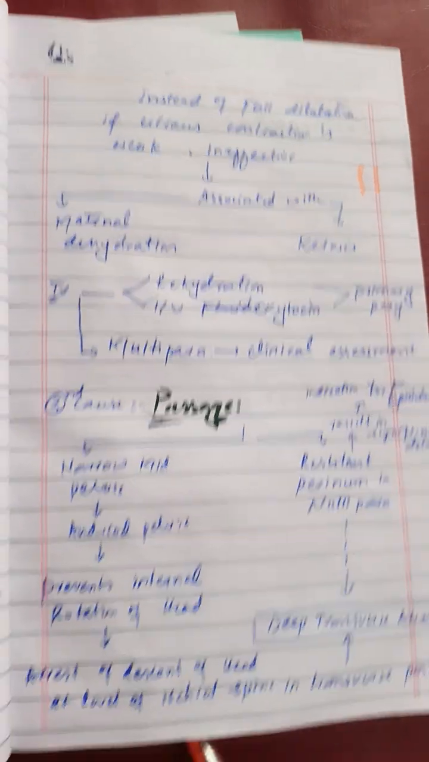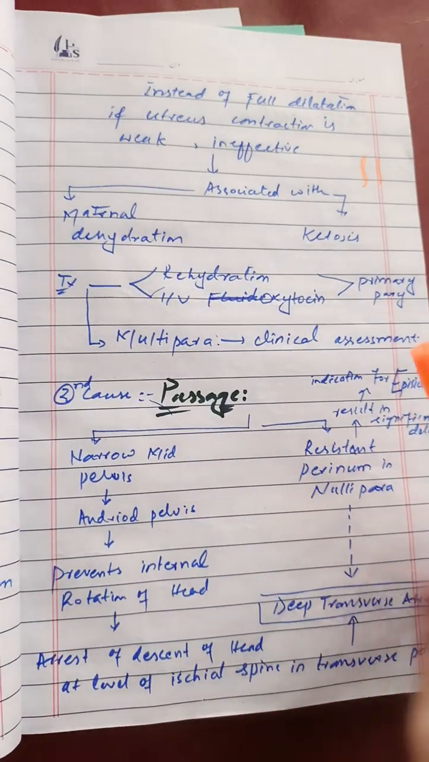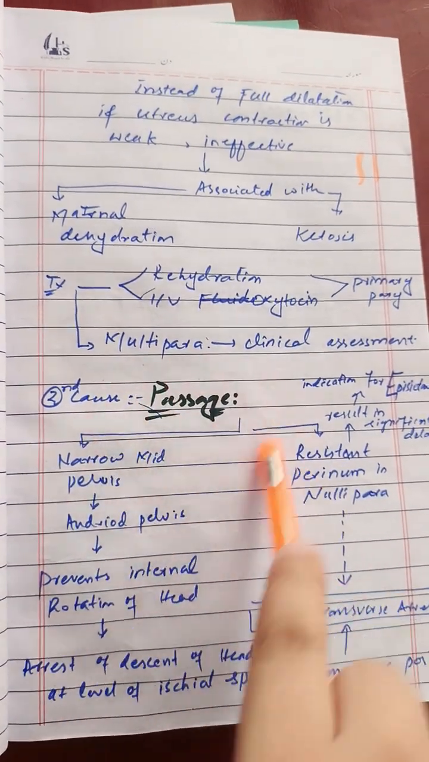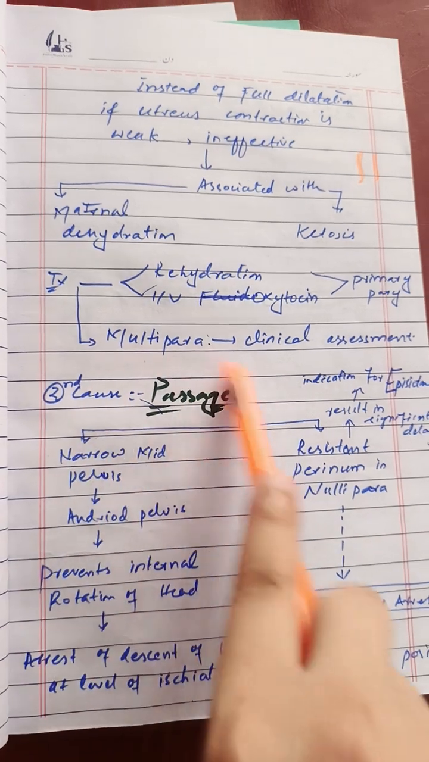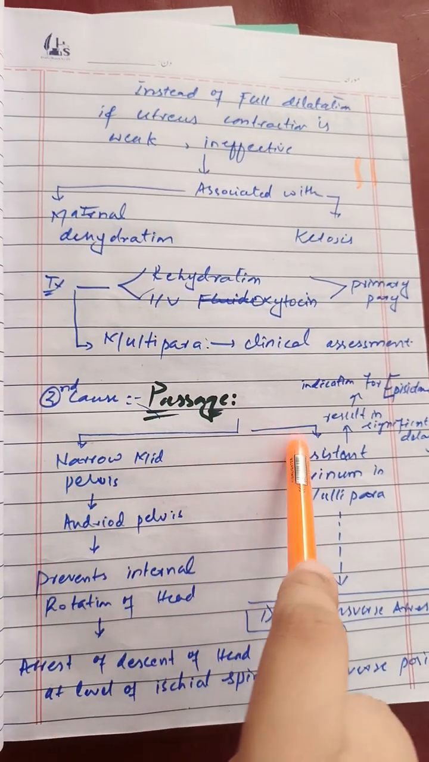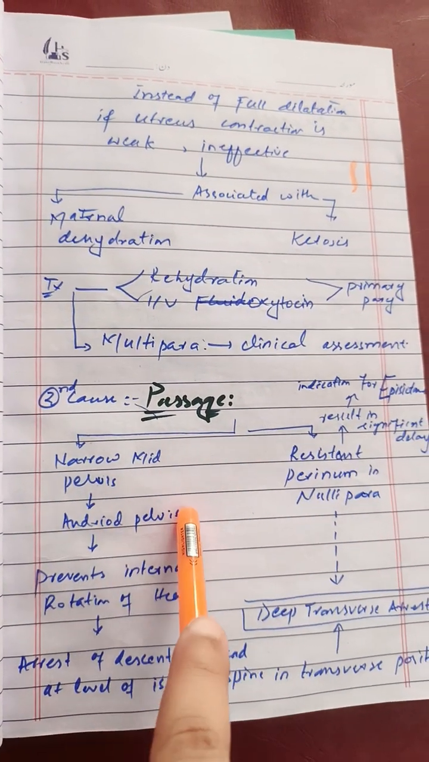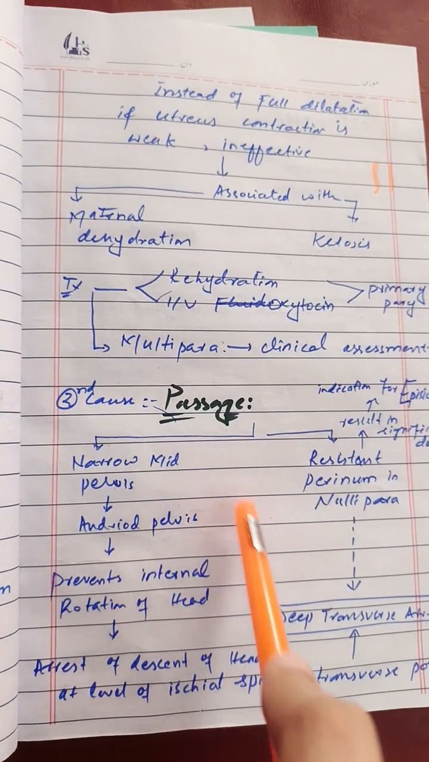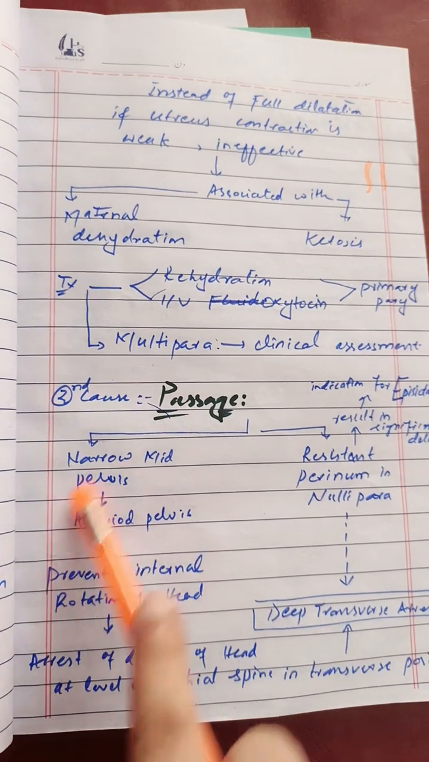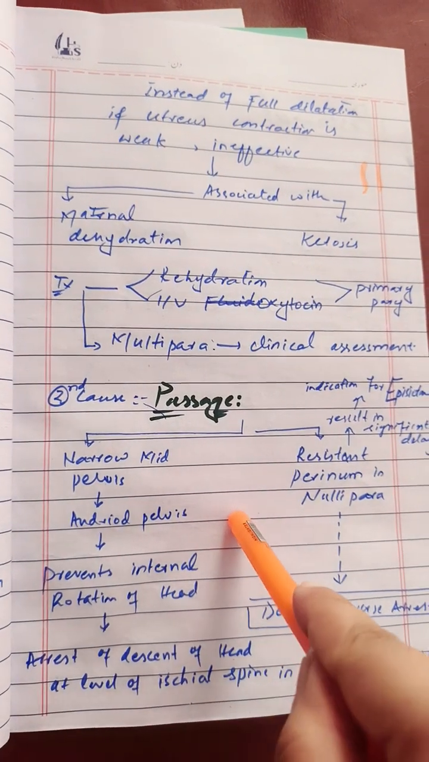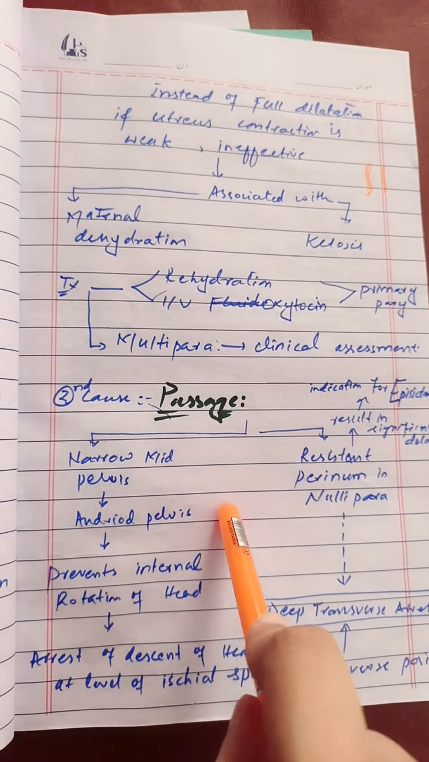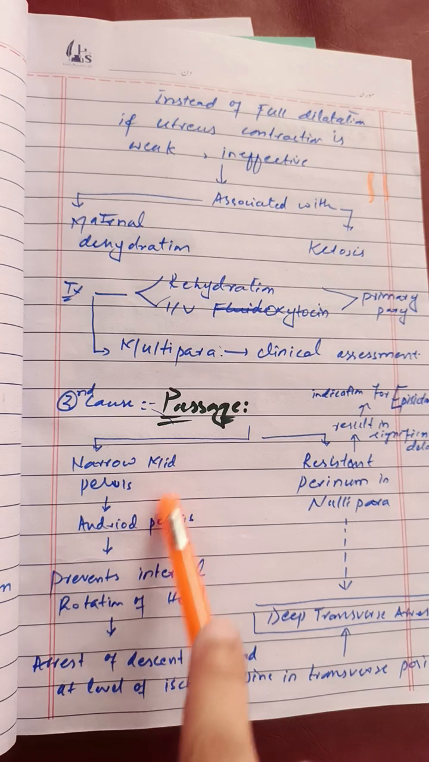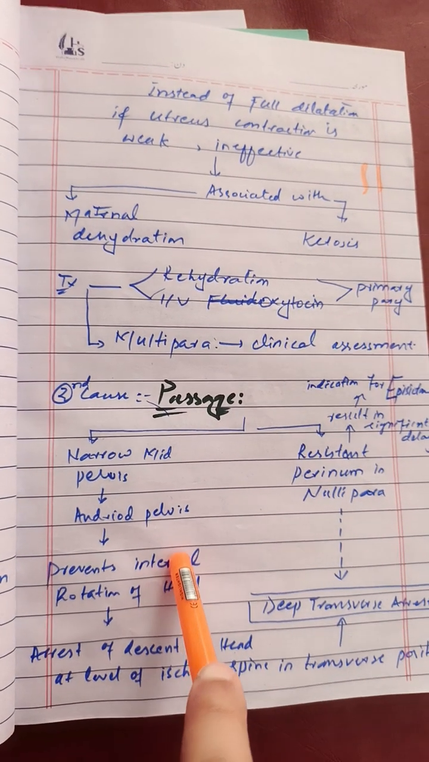Now, what is the second cause of poor progress in the second stage of labor? The second cause is related to the passage, the birth canal, in which two are most common: narrow mid pelvis and resistant perineum. If the mid pelvis is narrow due to an android type of pelvis, if a female does not have a normal gynecoid pelvis but an android pelvis, her pelvic cavity will be narrow, due to which internal rotation will not occur,